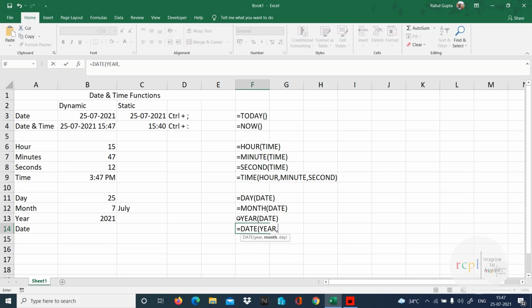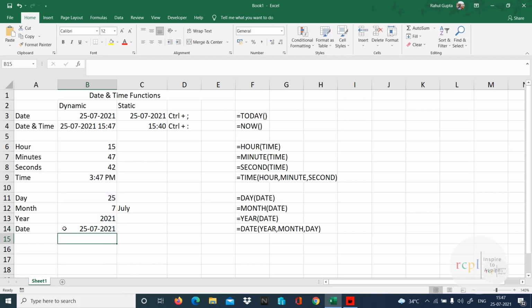First we have to give year, then month, and then day. So year has to be given first. Many times month, year and day are given in different cells, and I need to combine them. So for that we can use this one. So is equal to date, that's my year, comma month, comma day. So finally we got a date. So this is how we can extract hour, minute, second, day, month, year from a specific time and date, and then combine them again to make a date or time.